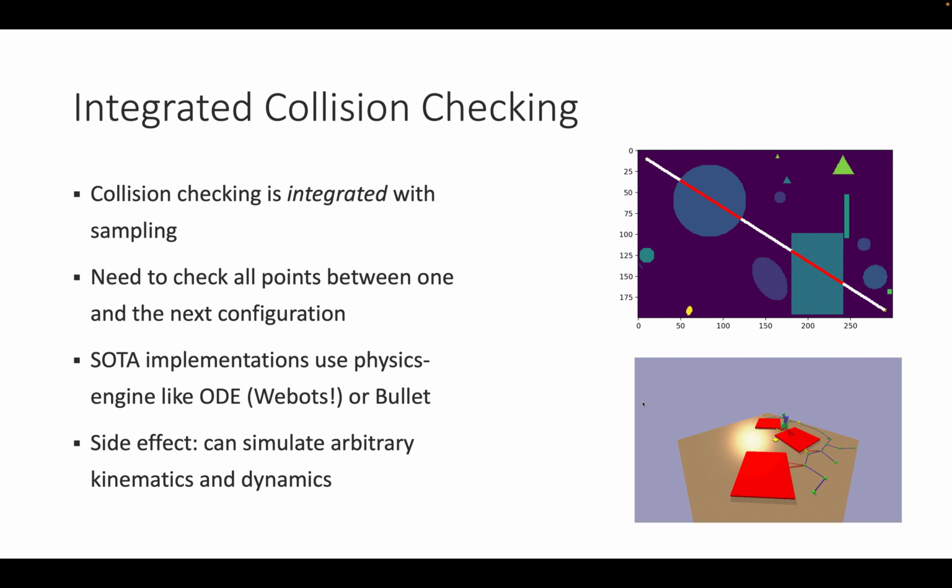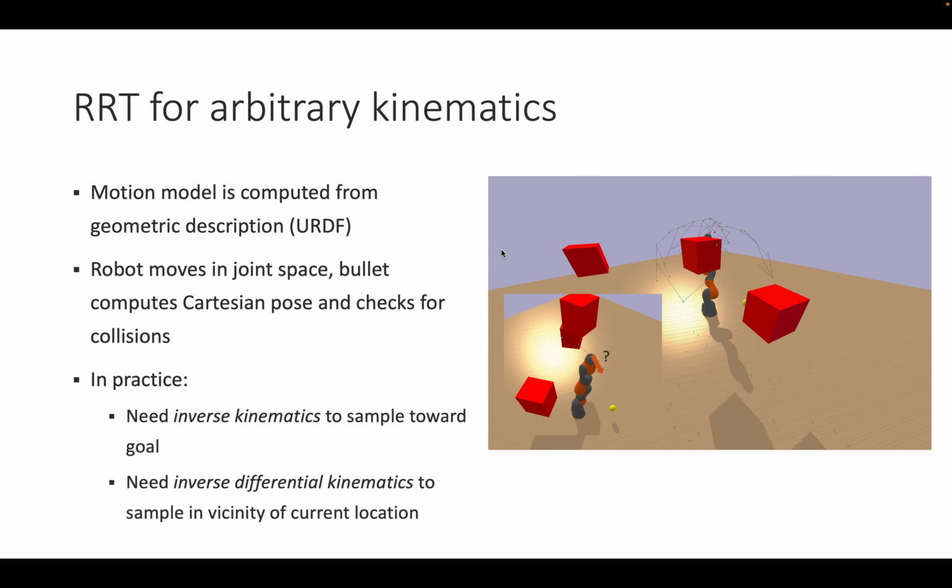The state-of-the-art implementations of collision checking and robotics planning indeed use physics engines like Open Dynamics Engine. This is also how Webots is programmed, the tool we are using throughout this course, or the Bullet physics library. And the side effect of this is that you can actually really simulate arbitrary kinematics and dynamics even if you don't understand them yourself. For example, I've done this and put in a 6DOF KUKA arm as well as with